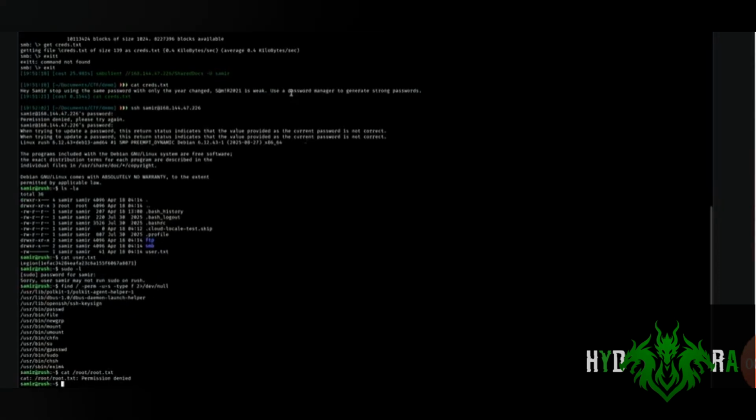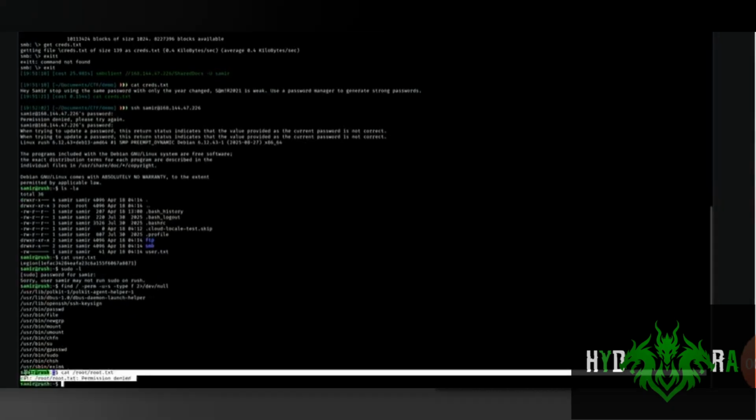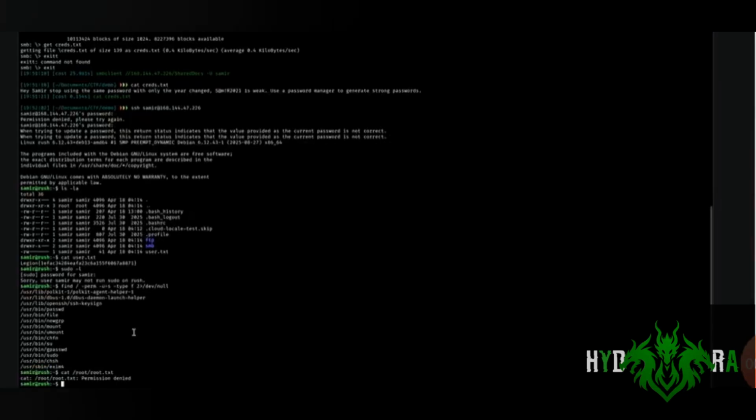Okay, you can't read root.txt without root permissions. So we are going to abuse the SUID privilege in the specific binary and try to read the root.txt flag. So let's go with file dash f, root, the location of the root flag,